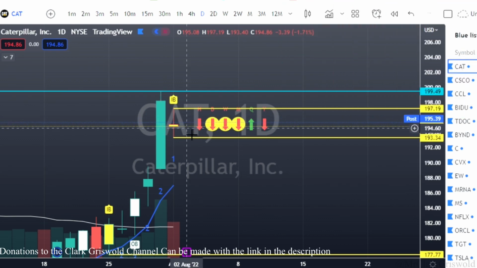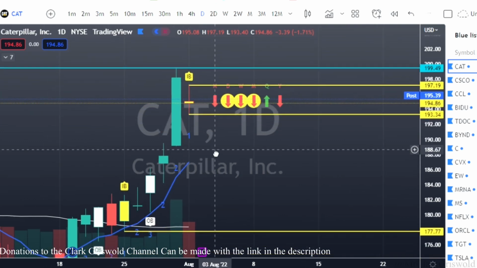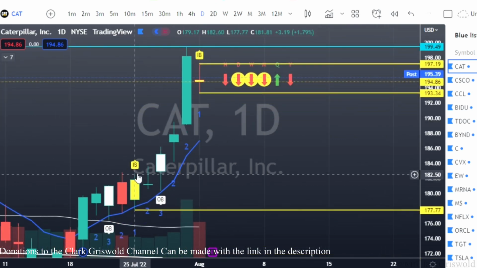So when you see these yellow candlesticks, if you have the Griswold Strat indicator, I want you to think of a spring getting ready to explode in one direction or the other. We're breaking off to the upside or breaking off to the downside. And all we have to do is go back and look in history to see how these inside bars normally react. And we get a break to the upside.